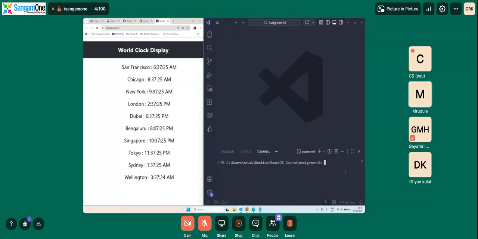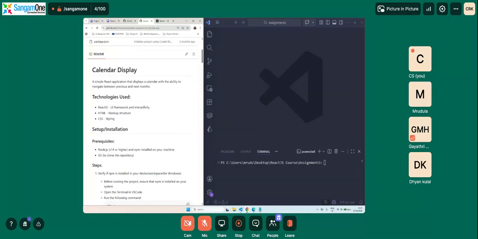So we will open our GitHub README file. So here we have it. I'll paste it in the chat as well for your reference. Okay. So this is just a basic React application that displays a calendar